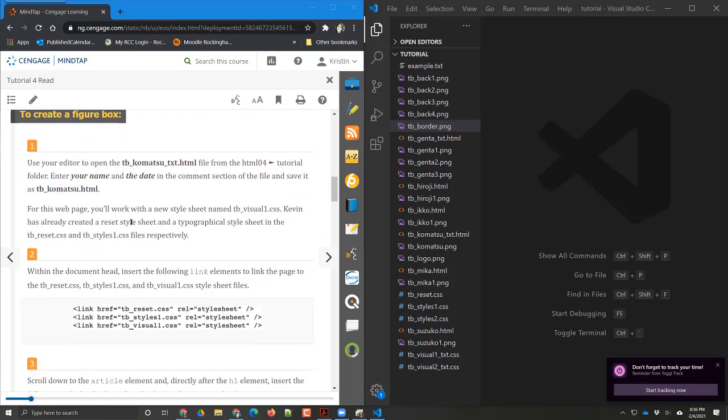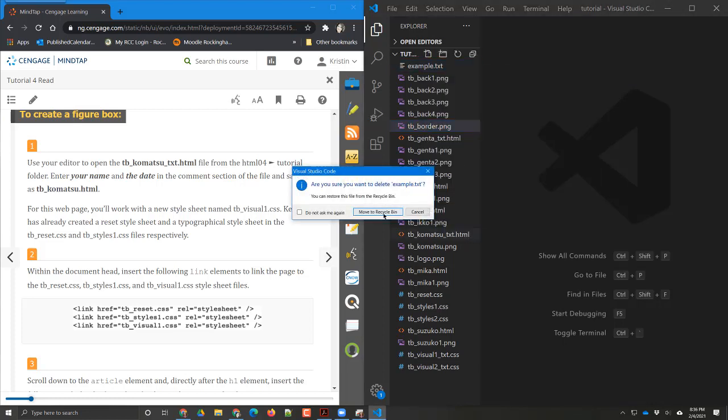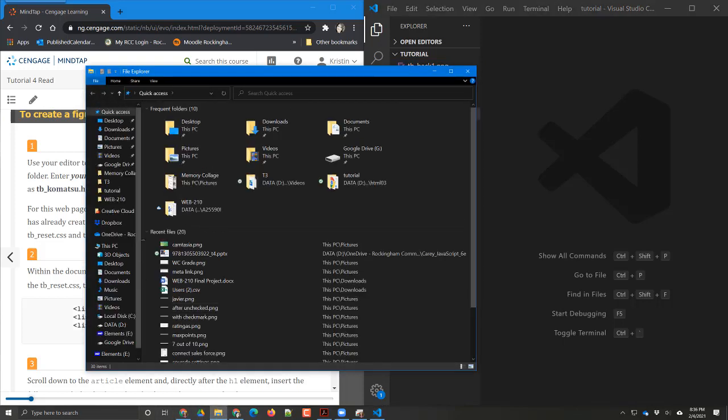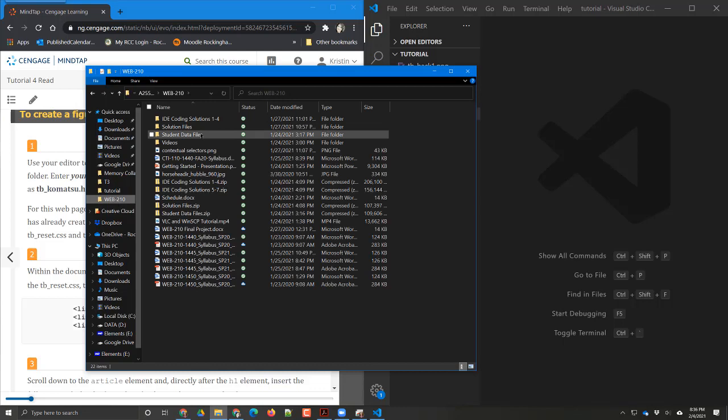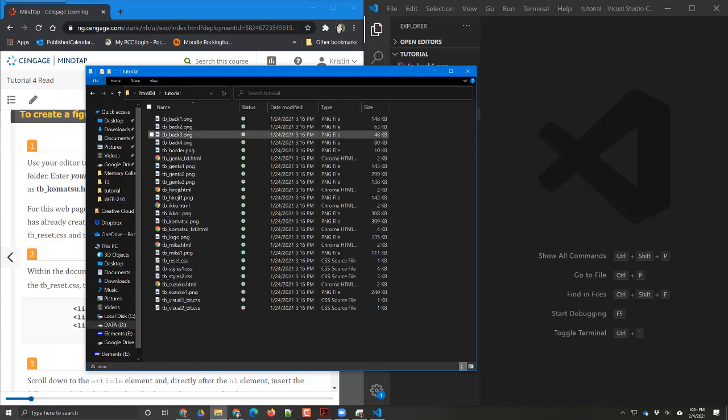So where our editor's open already, and we've already opened our tutorial file. Matter of fact, that example file I did, I'm going to right click it and delete it, and say move to recycle bin. When I delete it from here, it's going to delete it from that main file. Just to double check, so you believe me, we'll go back to student and the tutorial. That example file is gone. Just remember that as you're working in